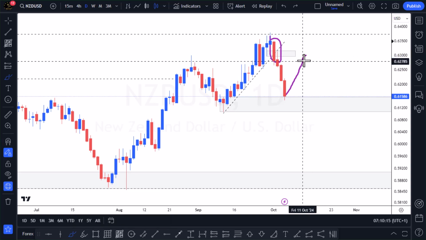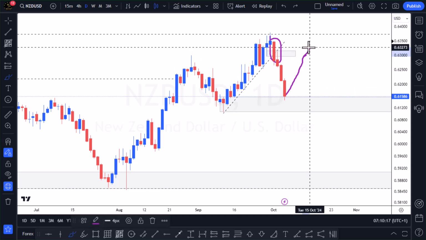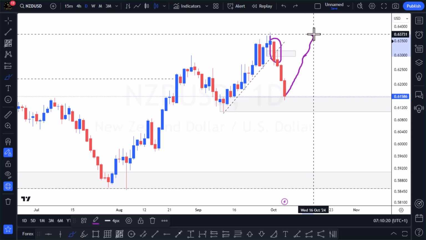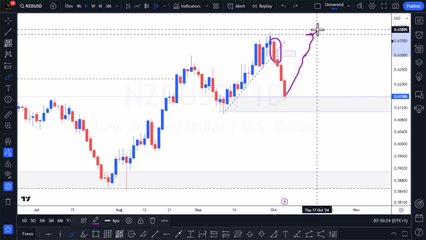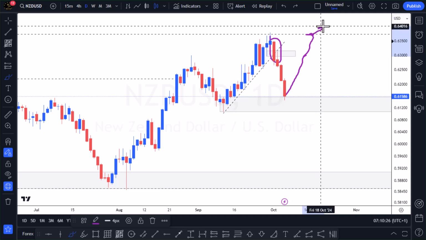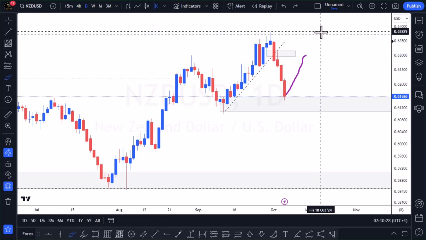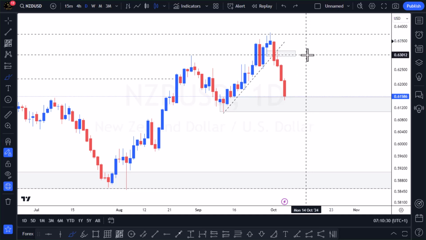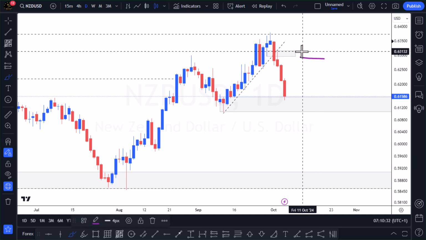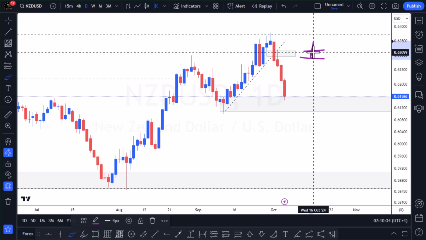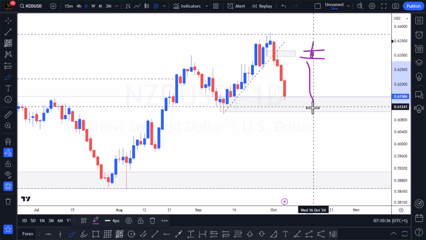Alternatively, a strong bullish close above this level could re-expose the peak of this trend, and a close of price above this level means there's a higher tendency for price to continue the bullish swing on this currency pair. So next week, as a price action trader, it will be better to look out for possible short entries to see how price builds up at this zone, and a strong bearish close of price below the demand at the